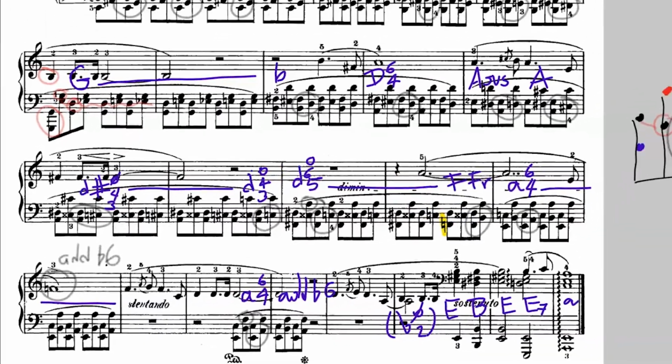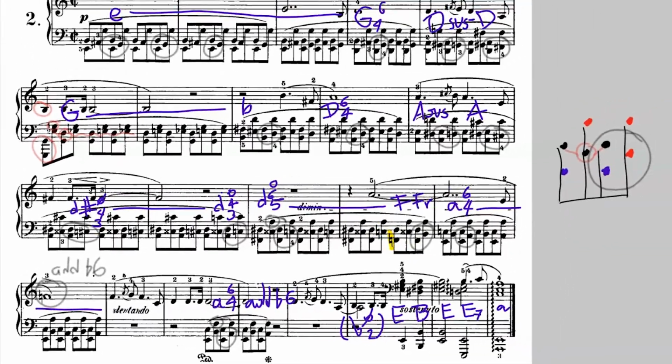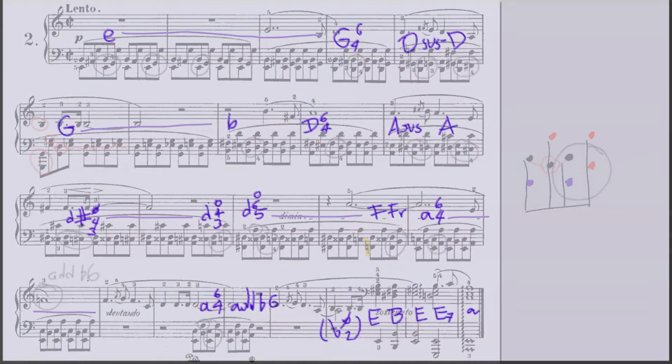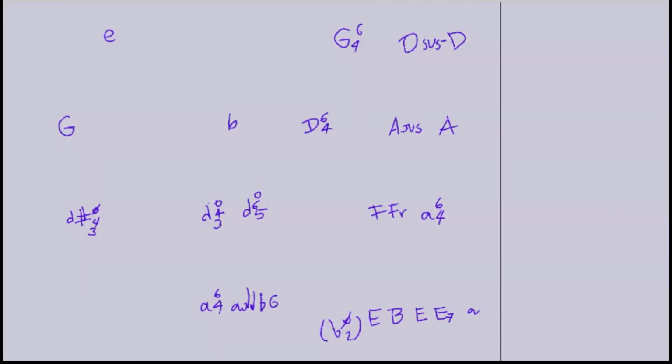Okay, a couple of additions and details here and there and small deviations from the general pattern, but the pattern did give us the key to what the chords in the piece are. And now we have this series of chords, and what we need to do now is interpret that series of chords in terms of what the progression is. Very good place to start is this G6-4 chord, because that kicks off a very common cadential formula